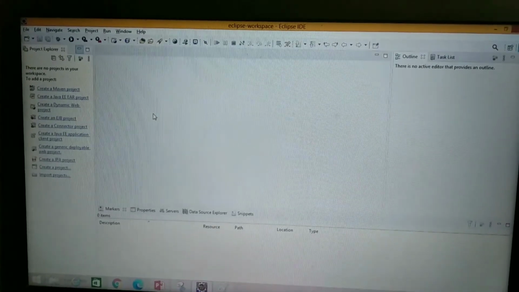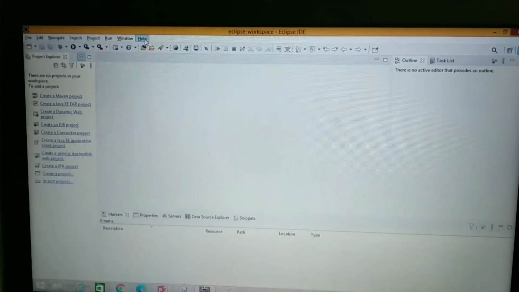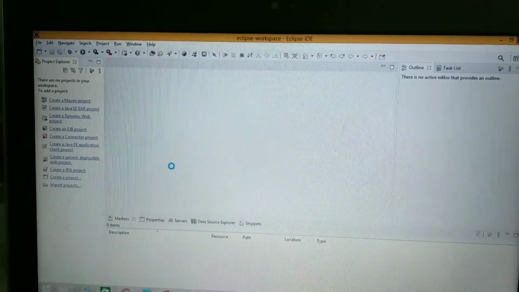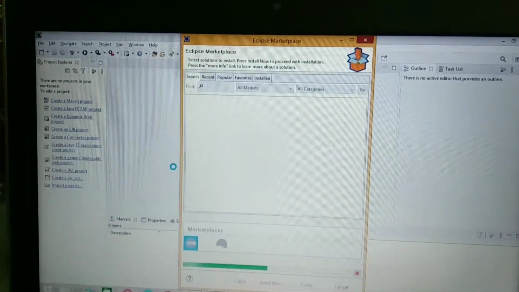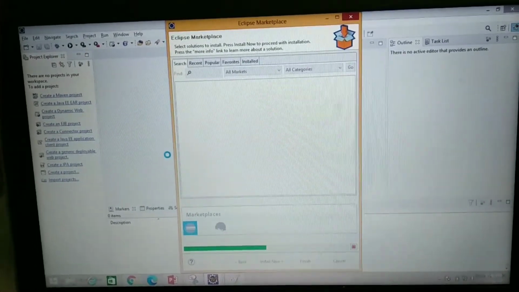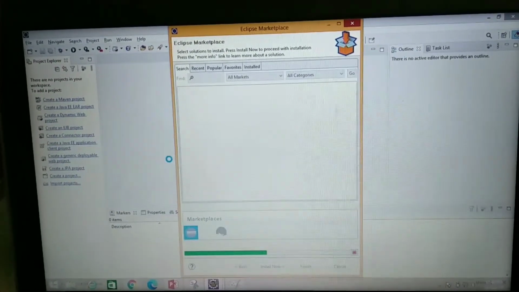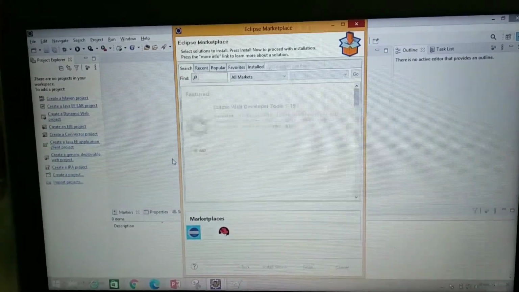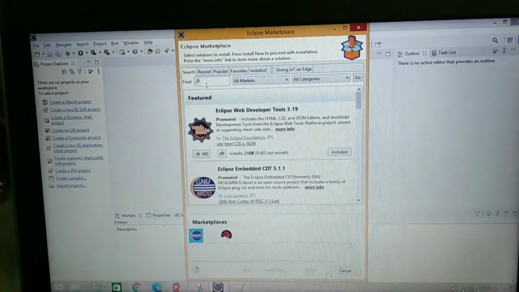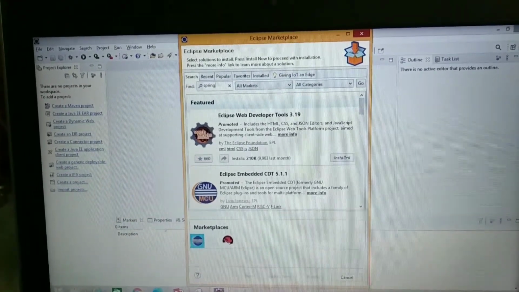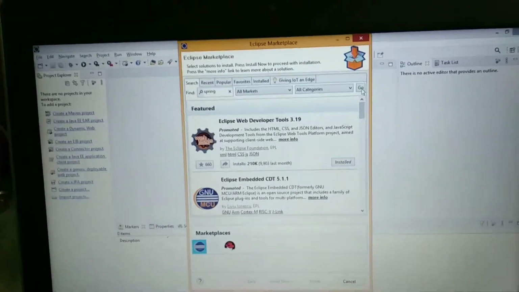After downloading Eclipse, go to Help and Eclipse Marketplace. Wait for some time. Now in the Find tab, type Spring and click the Go button.